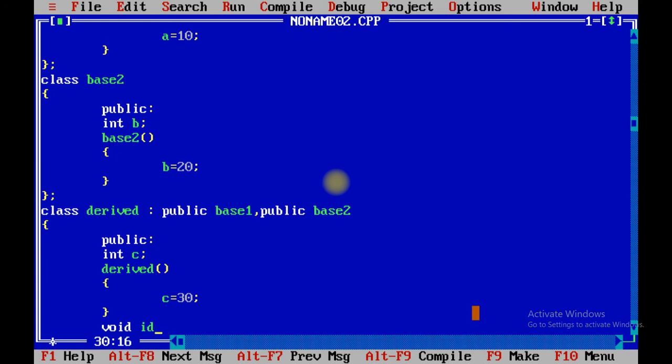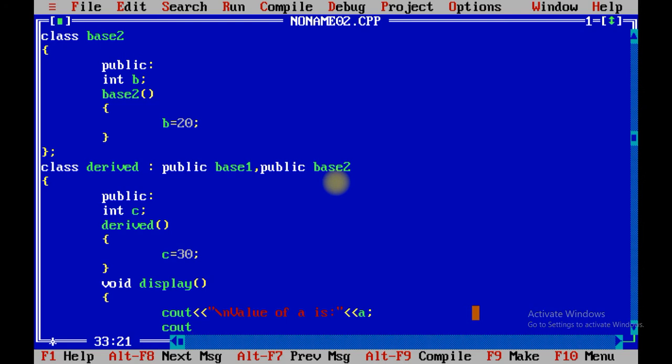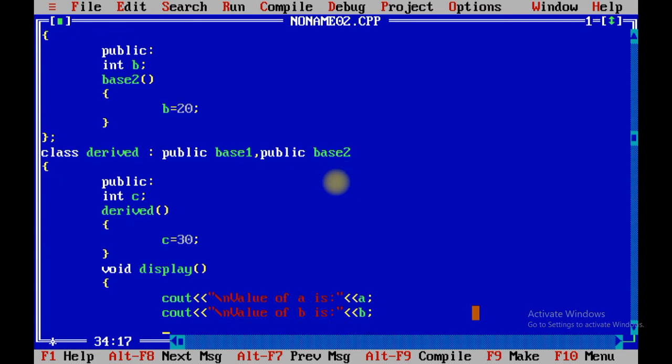Void display: cout \n value of A is, A; cout \n value of B is, B; and cout \n value of C is C.